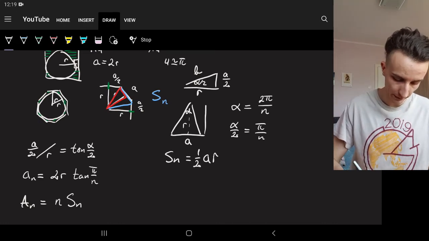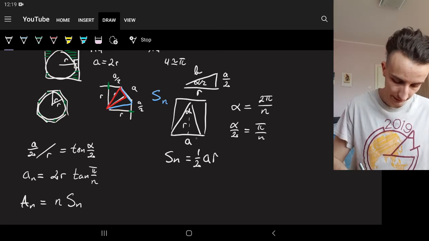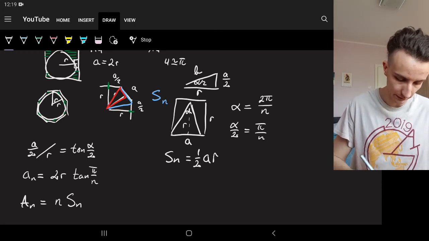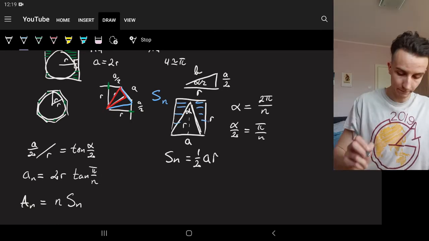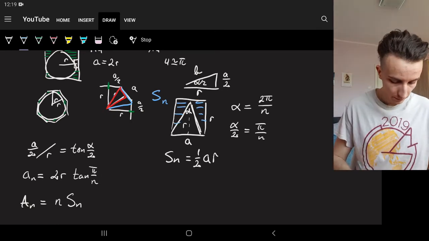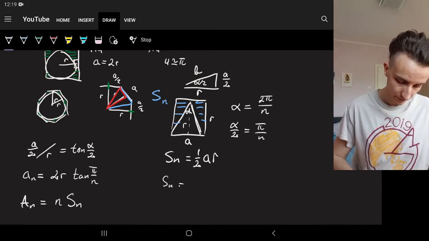The way I always remember this is you can complete a rectangle, and so this is A times R, but only half of it because you don't have these halves. Okay, so 1/2 AR, but we know that A is a function of R, so Sn is